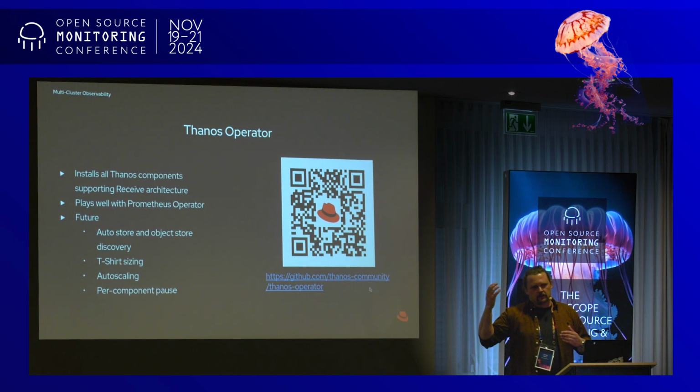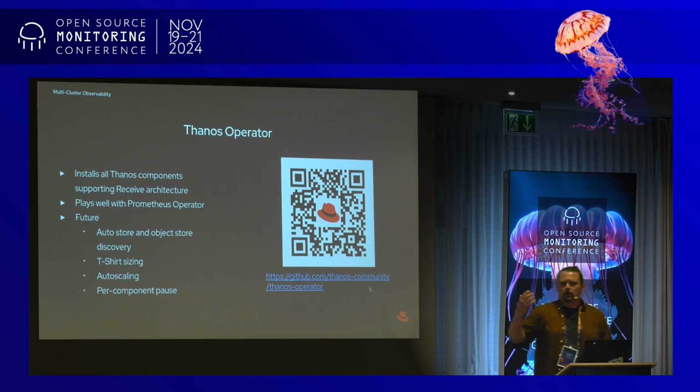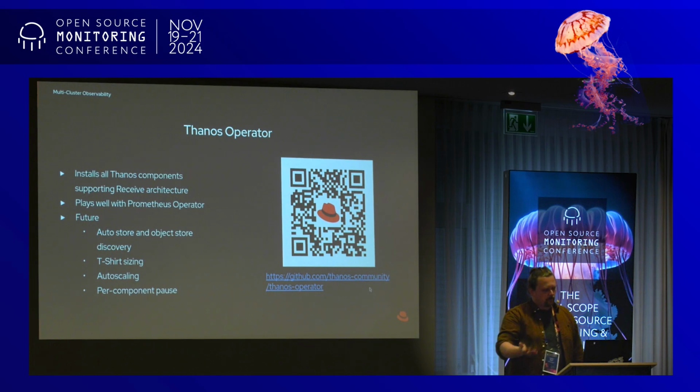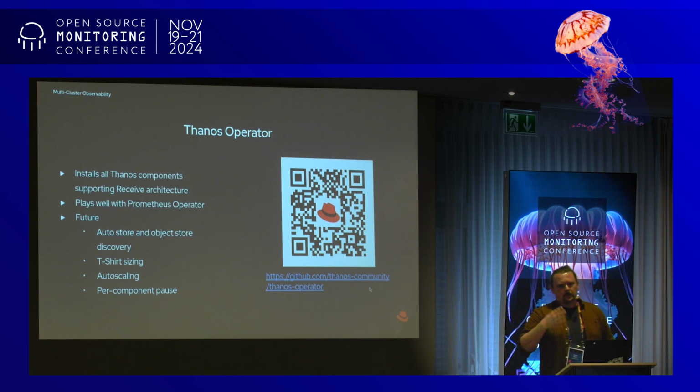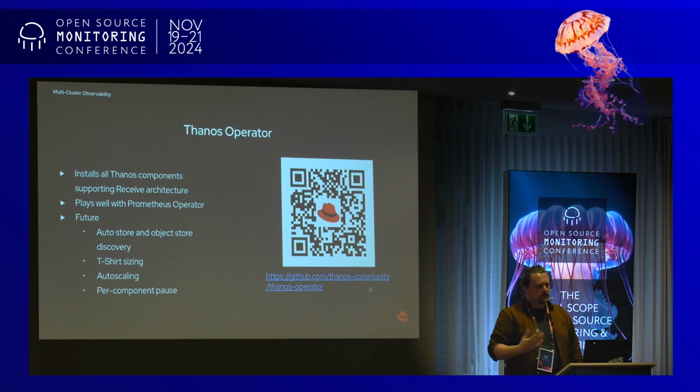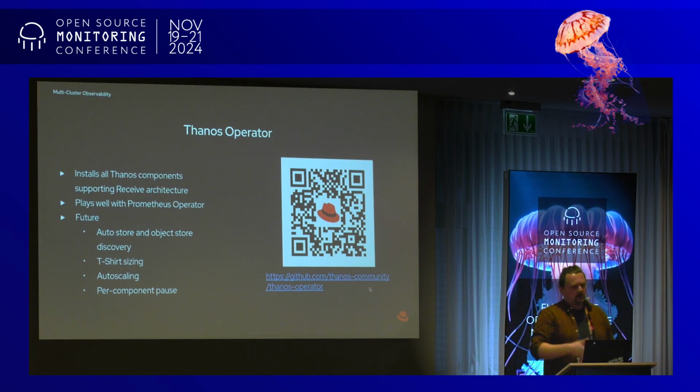For example, a famous operator is the Prometheus operator. An operator extends the Kubernetes API with new objects. So when you install the Prometheus operator, you get new API objects like Prometheus rule, like service monitor, which you then can use to spin up a Prometheus stack. So you basically create just a YAML file with the kind Prometheus, and the Prometheus operator takes care of really installing the Prometheus in a highly available way, creating a configuration for it, making sure that it runs, and then